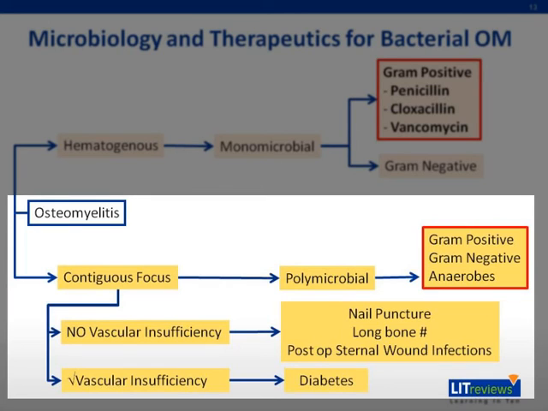Moving on to the choice of antibiotic therapy. Infections caused by contiguous spread are often polymicrobial, cover gram-positive organisms, gram-negative organisms, as well as the anaerobes, and choose your antibiotic agent that would cover all these three categories. I must emphasize again and again that for managing patients with osteomyelitis, please obtain microbiological diagnosis before starting treatment.